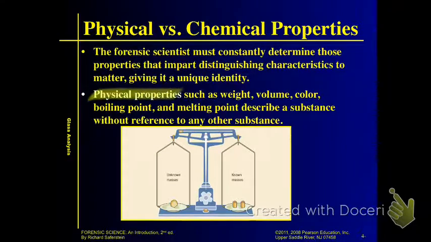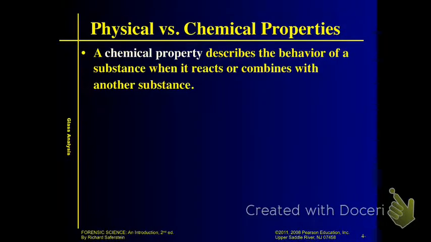Physical properties are weight, volume, color, boiling point, melting point, different sorts of characteristics that can just be measured without trying to make them combine with another substance. They're just standalone properties. As opposed to chemical properties that describe the behavior of a substance when it reacts or combines with another substance. So,